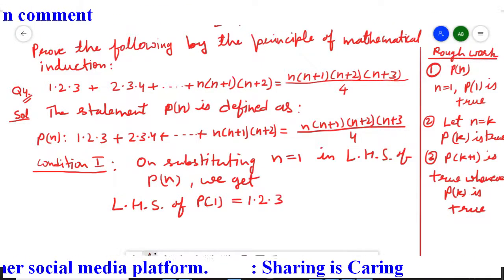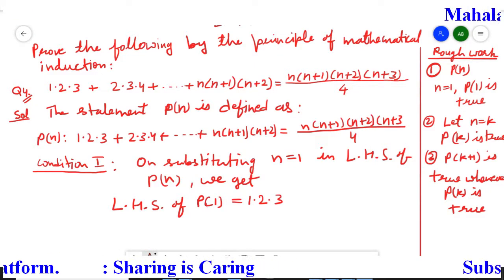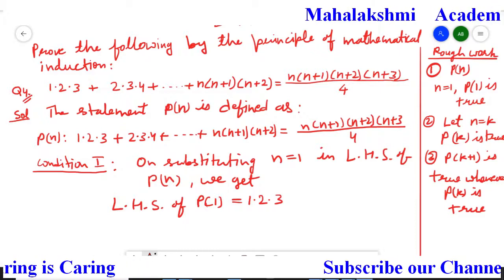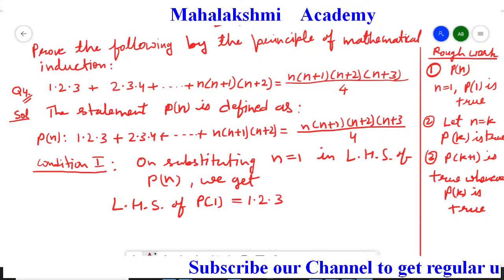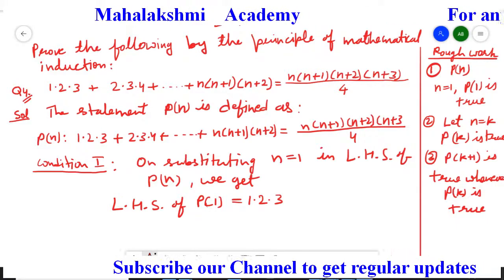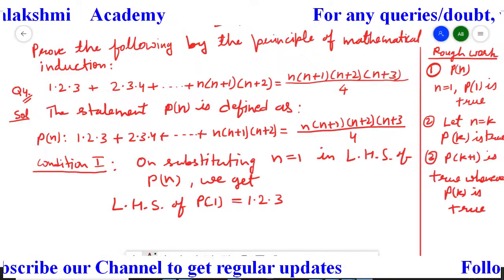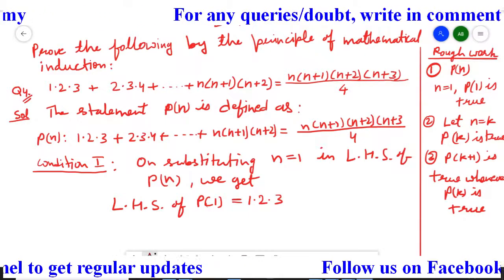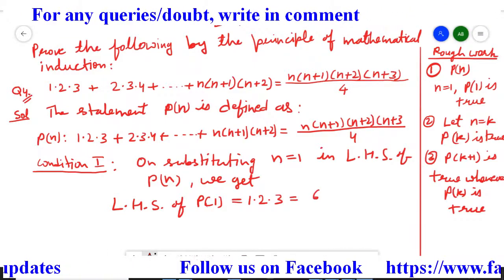So the meaning of this statement is, if 1 is there, that time you have to take only the one term, and if 2 is there, then you have to take the first and second term, and if 3 is there, then you have to take the first, second, third term, and if n is there, then you have to take all the terms. So this is the meaning of the Pn statement. Since we want only 1, it means only the first term. So this is the answer. Now since dot means multiply, as I mentioned earlier, you will get here 6.